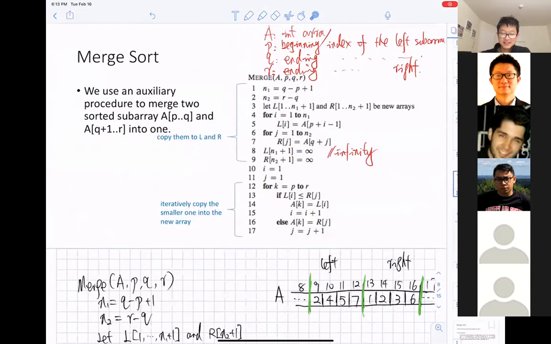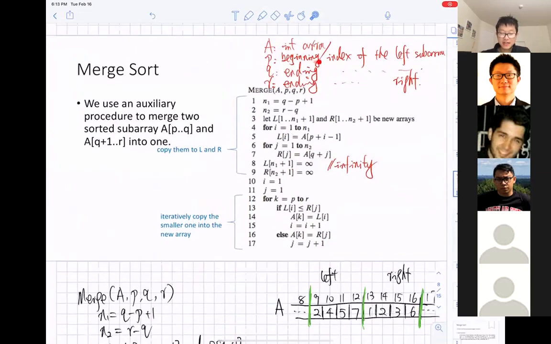Yes, correct. If you look at the definition, P is the beginning index of the left subarray. So here we're talking about the index rather than the value. Q is the end index of the left subarray, and R is the end index of the right subarray.